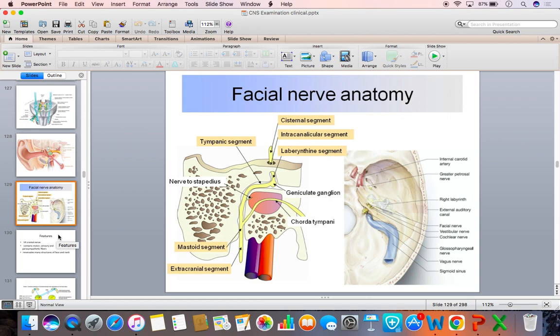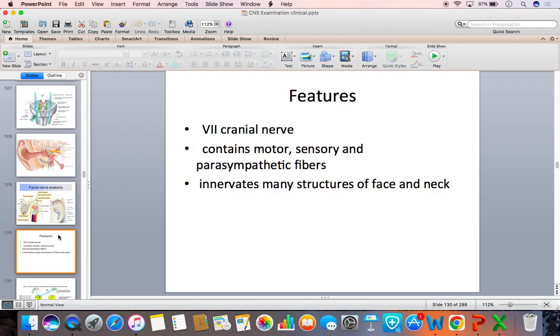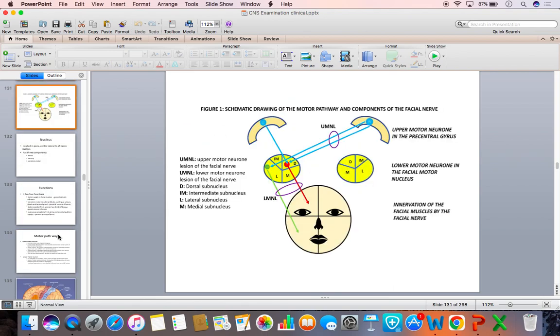Then, as I mentioned earlier, you see the features of the facial nerve, that is seventh cranial nerve, having the motor, sensory, and the parasympathetic functions to carry out the secretory motor functions. As such, the facial nerve innervates many structures in the face and neck. And this picture shows the motor innervation of the